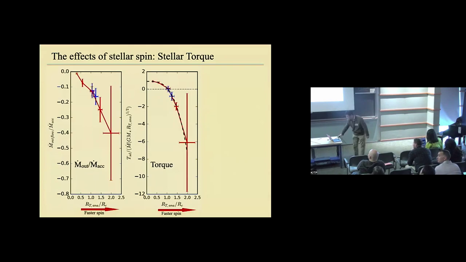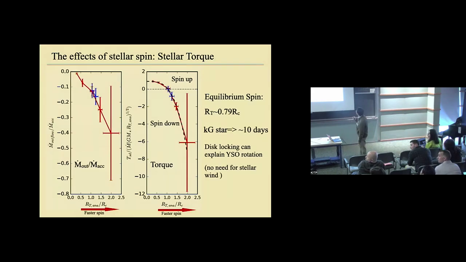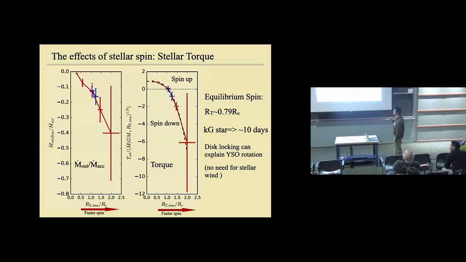Just an observational comment. Most T Tauri stars spin much faster than 10 days. 10 days is actually pretty uncommon. Well, we can discuss that. Yeah, 7 or 8 days for the things with